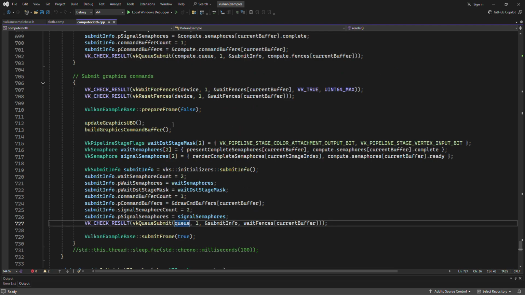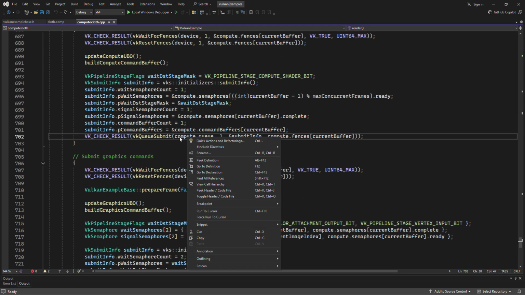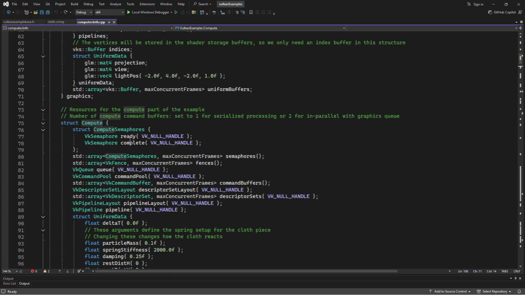Notice that that's part of the base, but the compute stuff, because we're dealing with so much computation in this example, we have to deal with resources for the compute part of the example. Number of compute command buffers set to 1 for serialized processing or 2 for in parallel with graphics